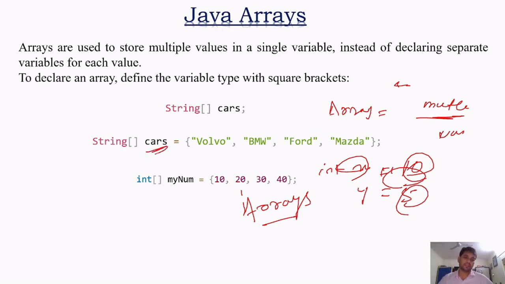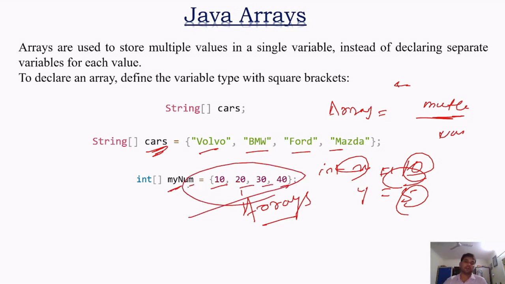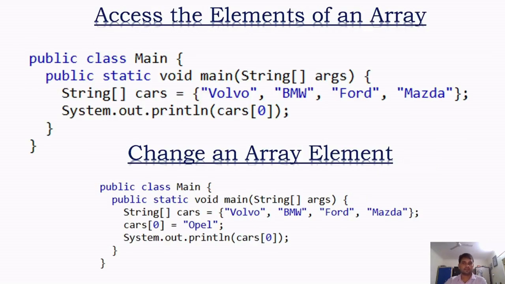एक सिंगल वेरिएबल में मल्टीपल वैल्यूज या मल्टीपल थिंग्स can be stored. जैसे यहाँ पे आप लोग देख सकते हैं, cars, cars array में क्या है, Volvo, BMW, Ford, Mazda। जैसे integer myNumbers में है 10 20 30 40। तो अगर आपको ऐसे सेव करना है in one single variable, then you can take the help of arrays।